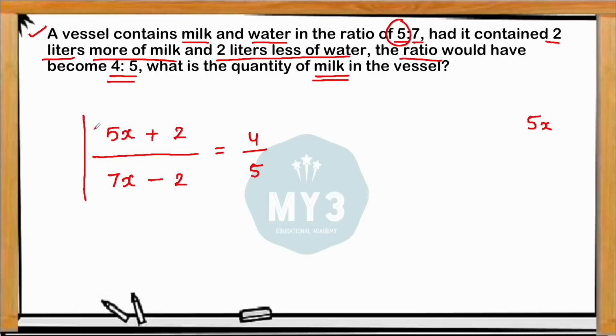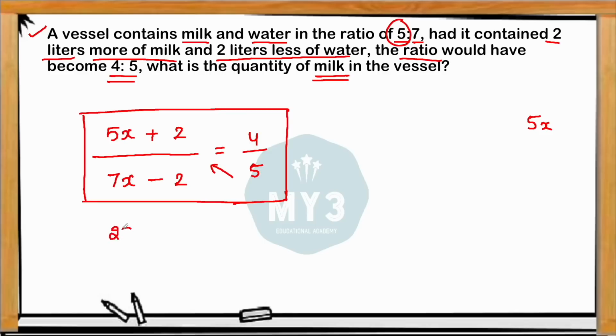So how to simplify this further? You can just do the cross multiplication. If you are capable of writing this, that is enough to proceed with the solution. So I am just doing the cross multiplication here. 5 into 5 is going to be 25, 25x, and 5 into 2 is going to be 10. And if you cross multiply this, 7 into 4 is going to be 28x and 4 into 2 is 8. So if you take this side, 28 minus 25, 3x, and if you bring this to this side, this is equal to 18. So from this data, I can say the x value is going to be 6.